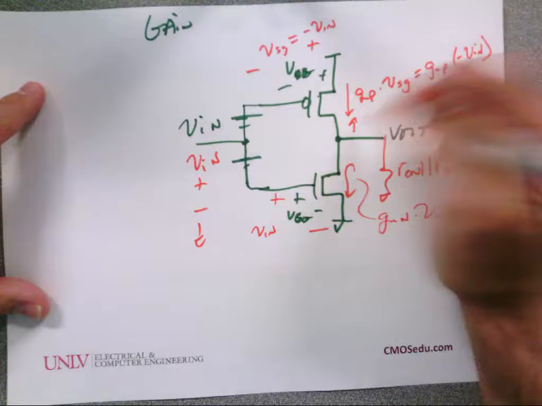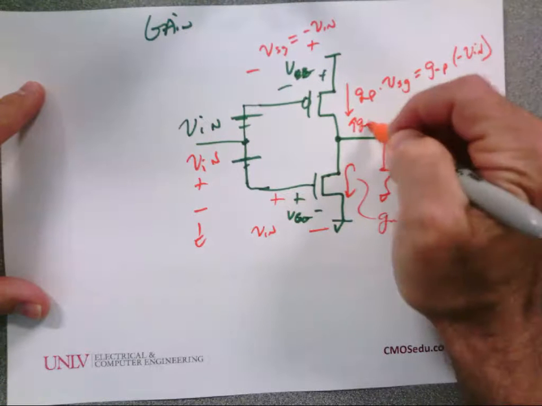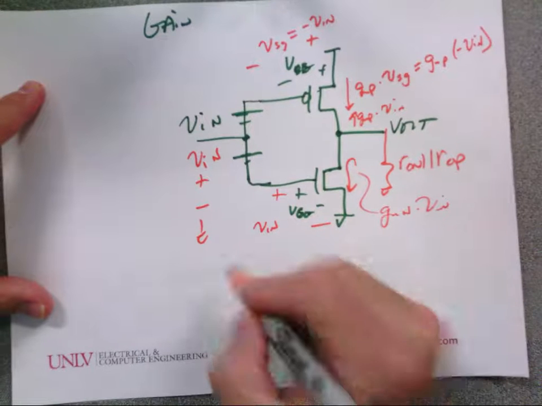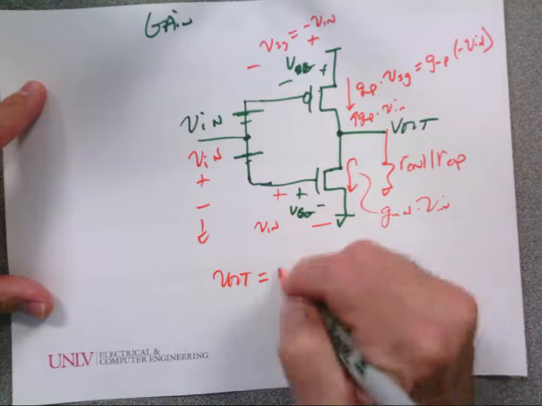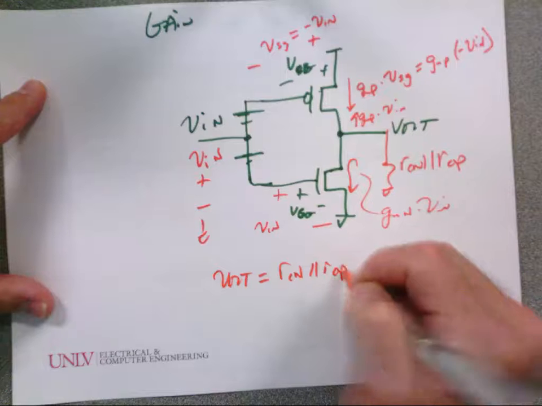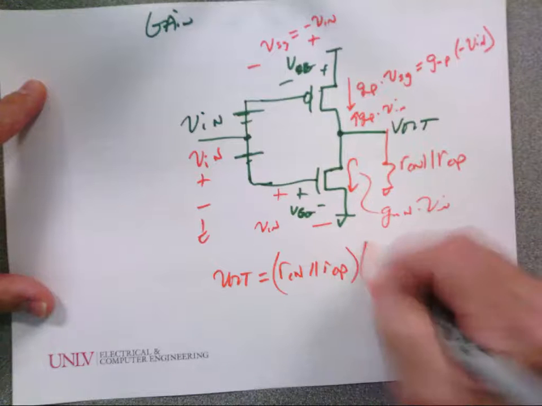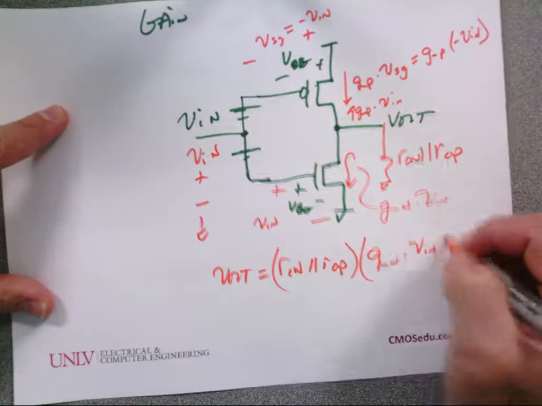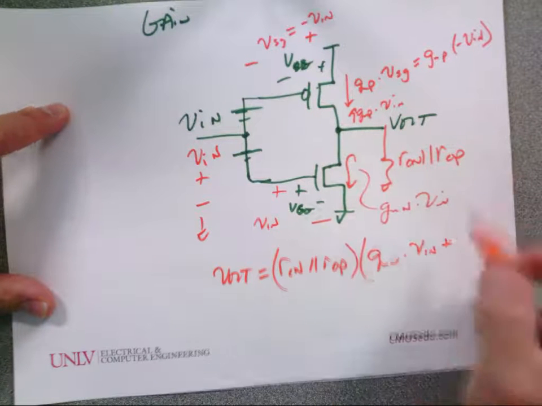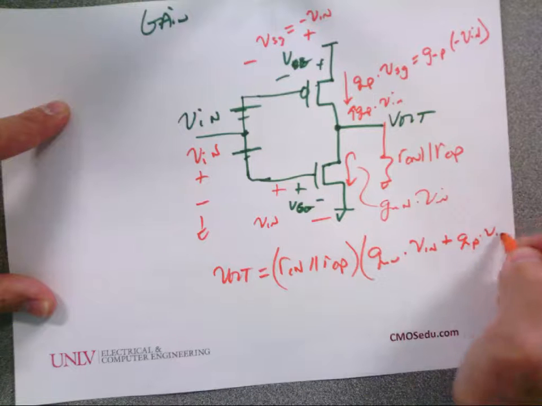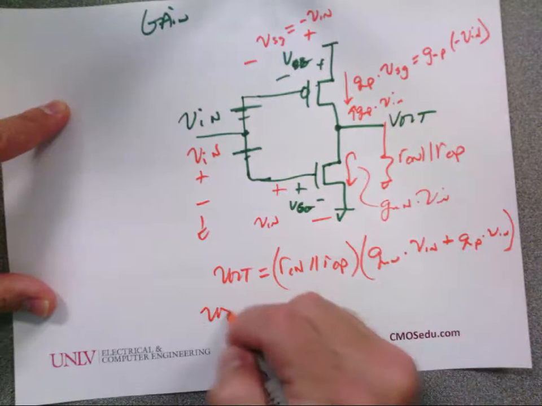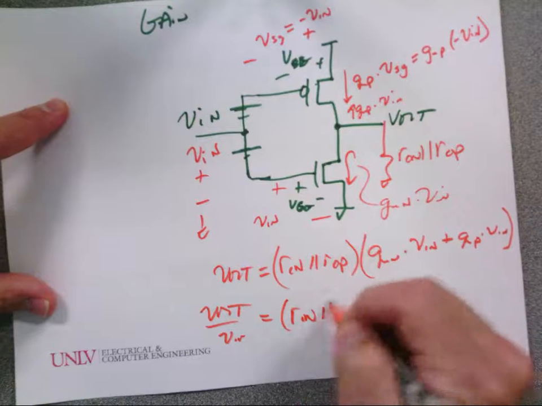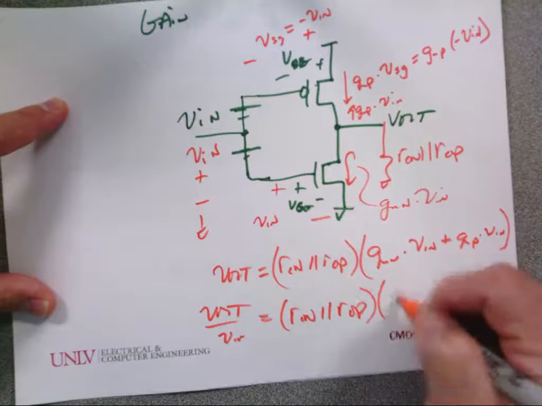Or I have a current going up of GMP times V in. So V out is equal to R out N in parallel with R out P times GMN times V in plus, also going out, GMP times V in. So V out over V in is equal to R out N in parallel with R out P times GMN